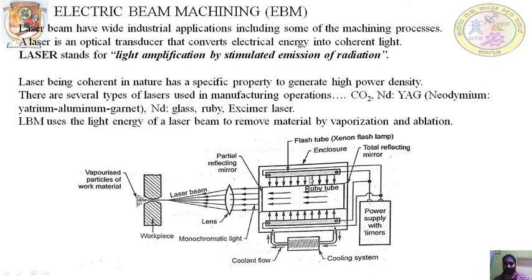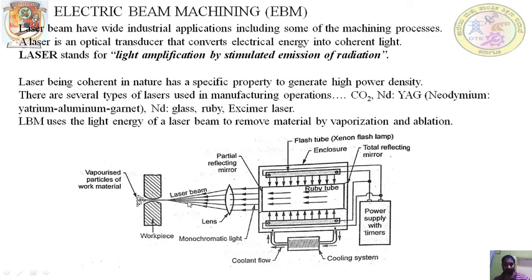This lamp light causes the ruby crystal to energize, and it generates the laser light. The laser light then passes through the lens, which decreases the divergence of the laser beam and focuses it towards the workpiece with a high power density and